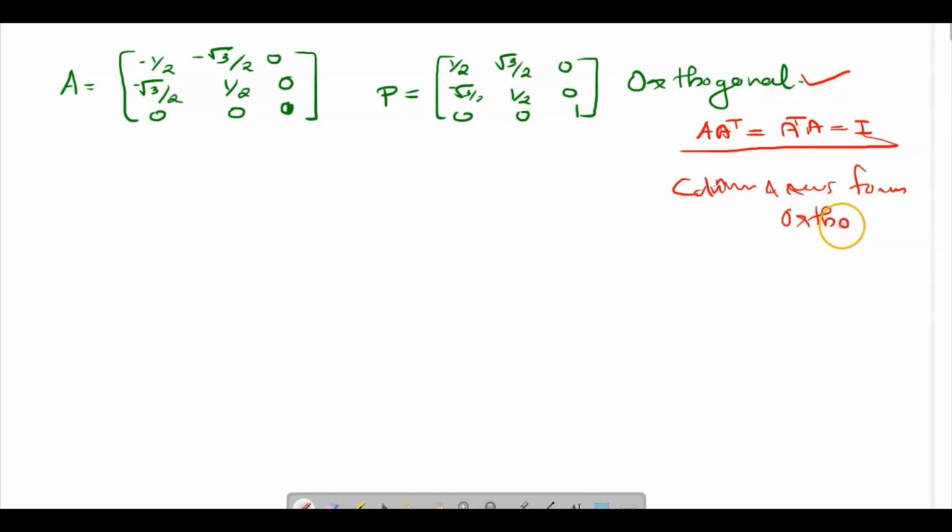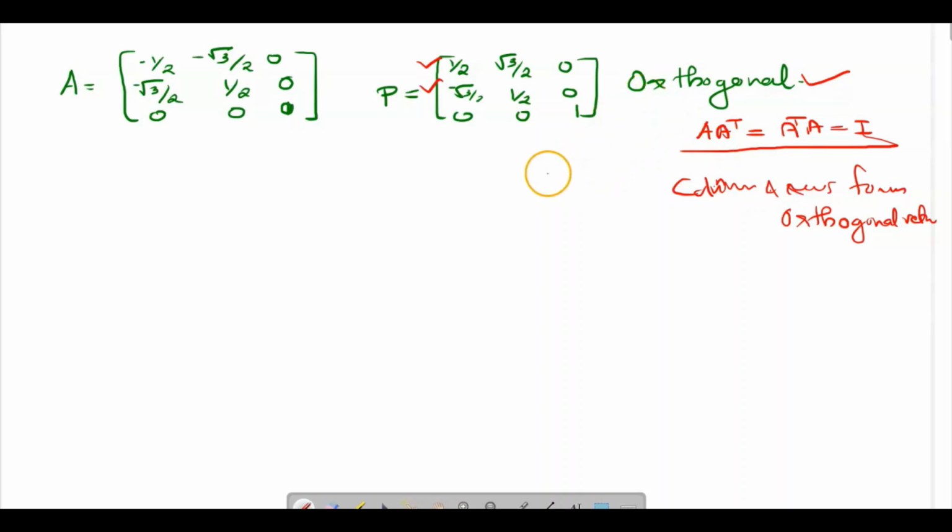Orthonormal basis, or simply orthogonal vectors. An orthogonal matrix satisfies that its columns are orthogonal. So let's check that both the columns and rows are orthogonal. Let's take these two rows. What does orthogonal mean? Orthogonal means the